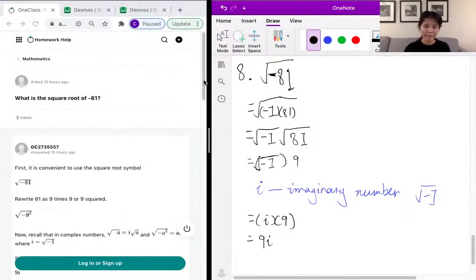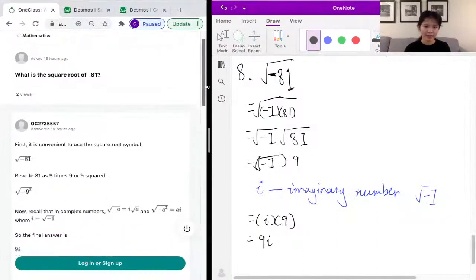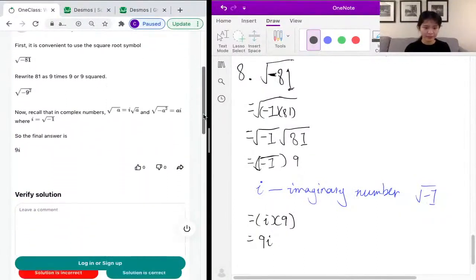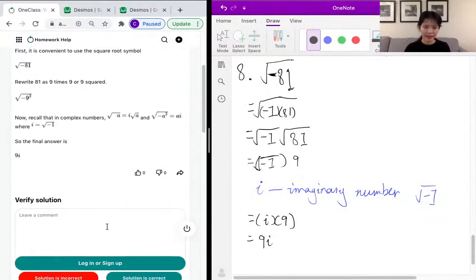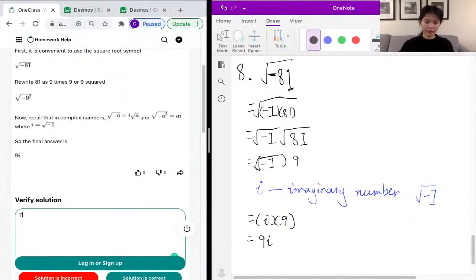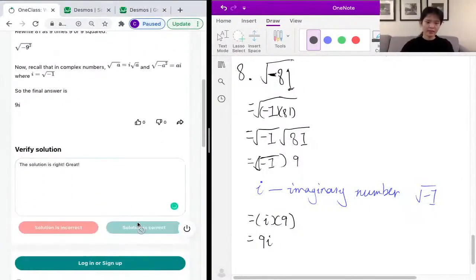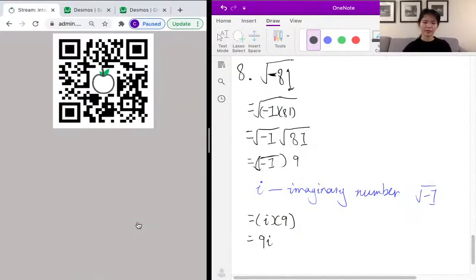And again, we'll see what the simple solution says. Alright, they did it correctly, and they just wrote down 9i for the solution. So let's just say the solution is right. Great. And let's press the button that the solution is correct. Now let's move